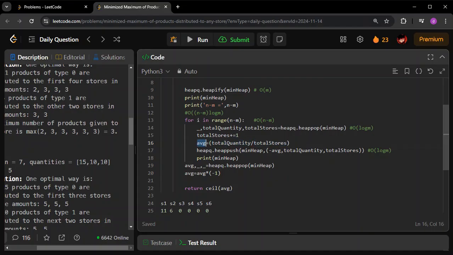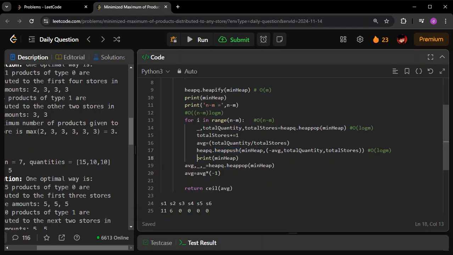While pushing the next element, I have to ensure that I'm assigning a minus value to it. I'm now inserting another tuple. Since I popped out the value, after that I need to push in another value, as simple as that. Why does this need to be pushed in? Because after the division process, it presents the real average now, after adding another store to it. So this element will be reintroduced to the heap, using heap push.